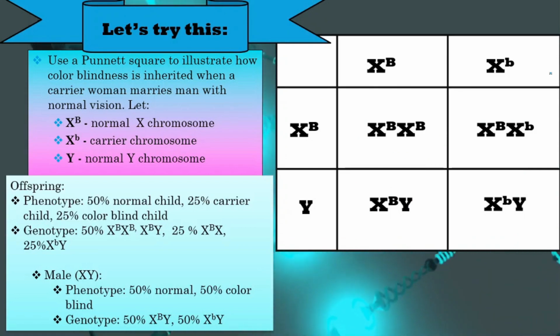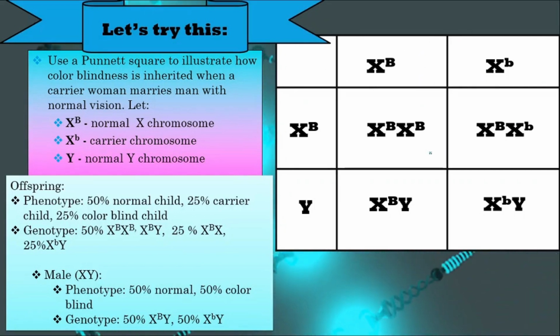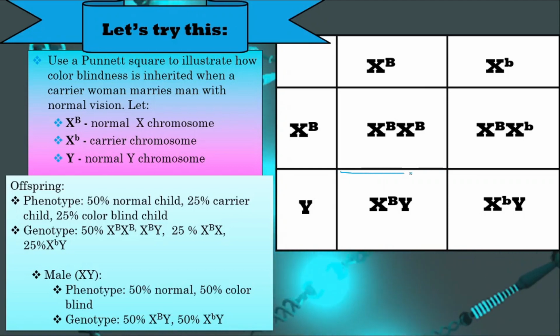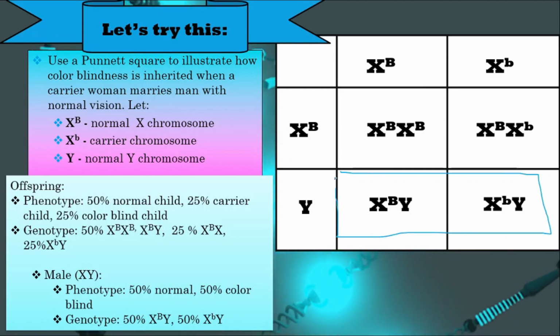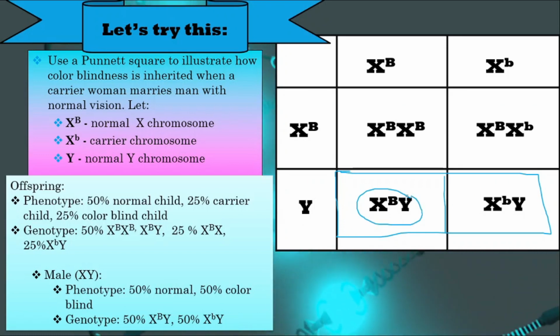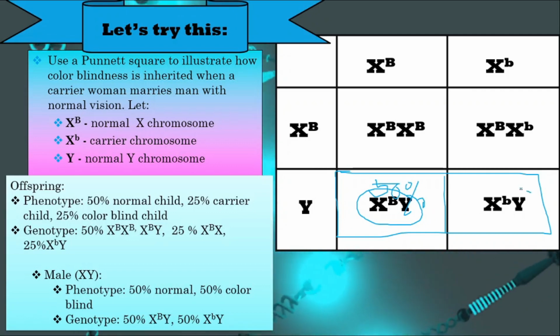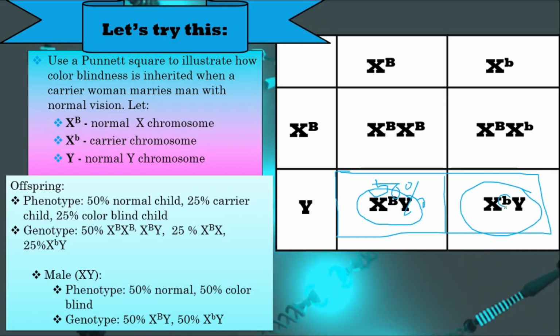Now let's determine the phenotypic ratio of the offspring on the basis of gender. Let's tackle the male first. Phenotype, 50% normal and 50% colorblind. Why 50%? We are going to look only at this part, the part with the X and the Y chromosomes. Since it has only two boxes, each box will represent 50%. Therefore, this part which has capital B, which is normal, will be 50% normal vision, while this part is colorblind because of the small b that represents the X-linked trait. So 50%